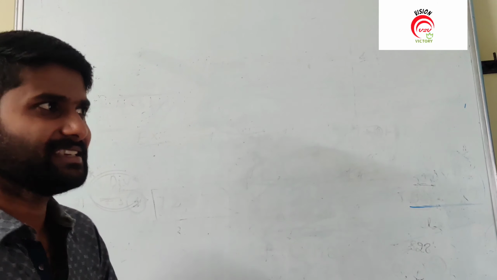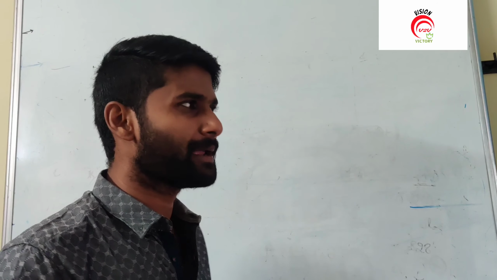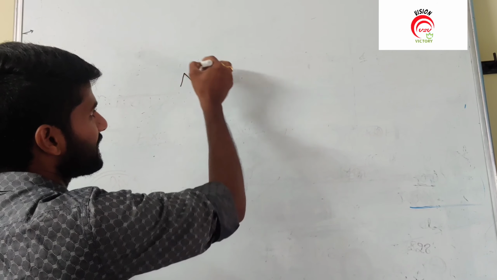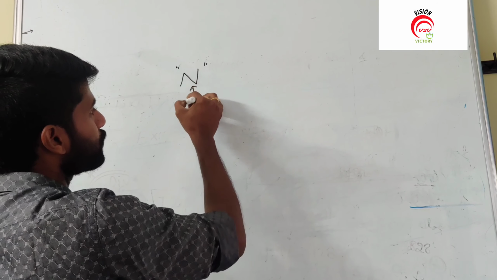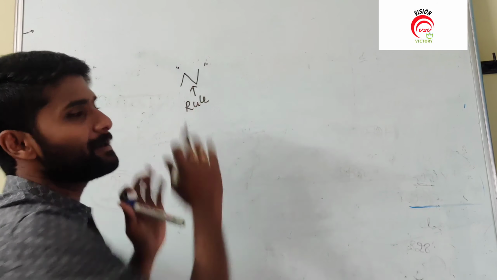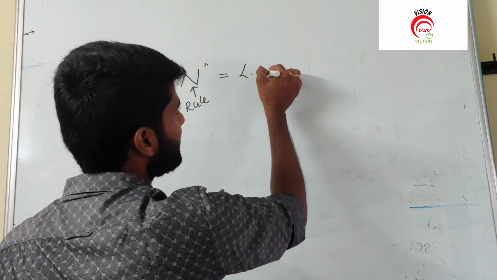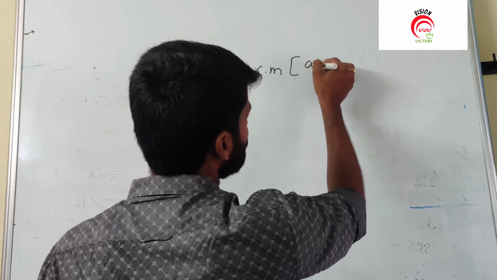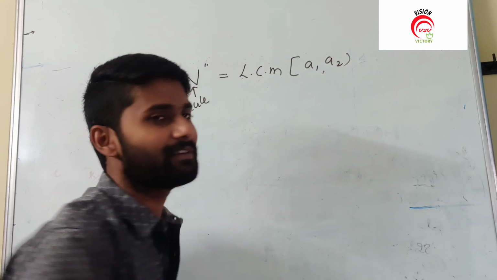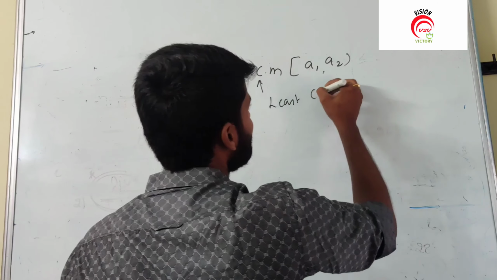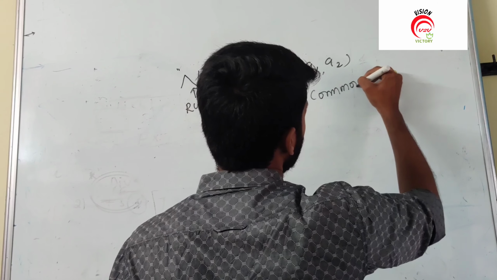Remember, next one. Except prime numbers, if you want divisibility rules, for example, for a given particular number, we want to create a rule for other than prime numbers. So if you want a rule for these types of numbers, we need to focus on the LCM of two different numbers, that is A1 and A2. What is the meaning of LCM? It deals with the least common multiple.